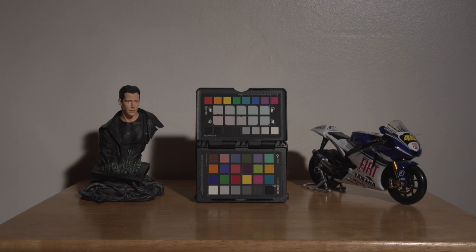So currently we're in standard gamma. I've got the lens closed all the way down to T22. We have a 650 watt Fresnel off to the right hand side, which is a tungsten based source. It's got 1/8 Lee diffusion on the front. We're at 3200 Kelvin, 1/50th of a shutter, pretty standard